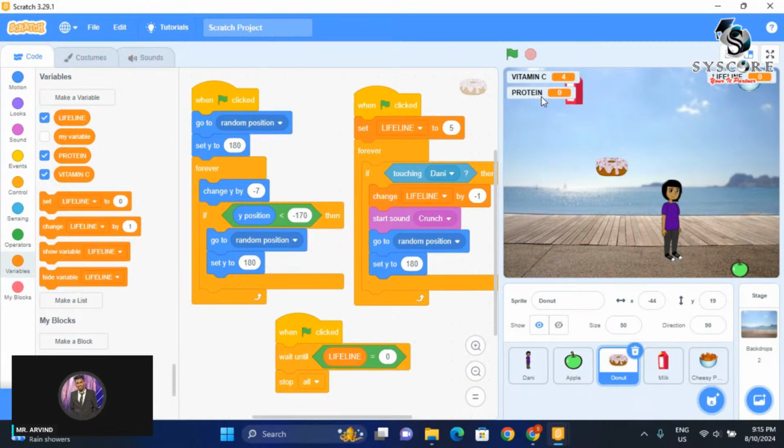Now I'm going to teach you an interesting way that we are going to make the sprite, the Danny, grow up whenever she receives a vitamin and protein. Just now I taught you how to stop the game, right? When the lifeline is 0. So now I'm going to teach you how to make the Danny grow up whenever she receives vitamin C and protein in her body. Now I'm going to re-edit the Danny, right? So I'm going to click the Danny again,